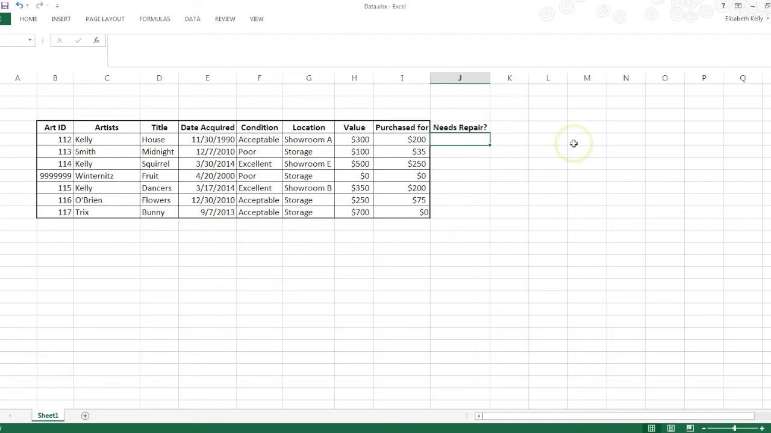And then what I will do is I'm going to check the condition, and if the condition's poor, I'll have it say yes, otherwise I'll have it say no. So I start out my formula with an equal sign, and then the word if for the if statement. So logical test, so that's what I'm testing. So if the condition equals the word poor, because it's a word, I'm putting it in quotes,